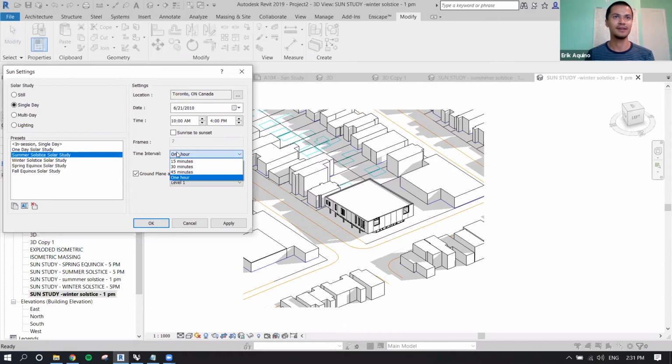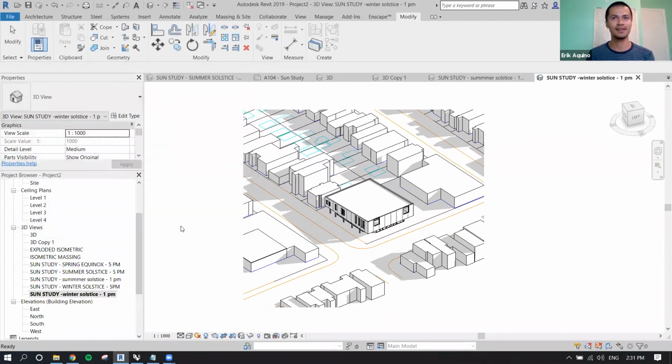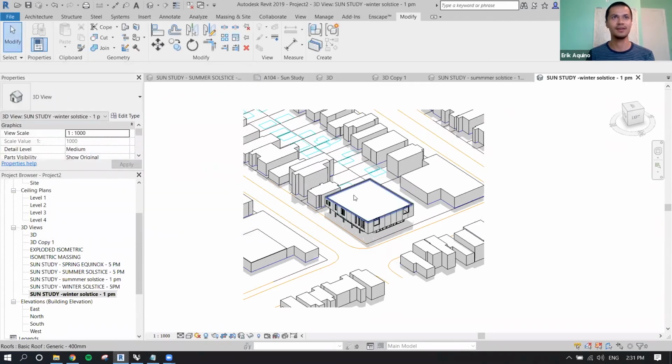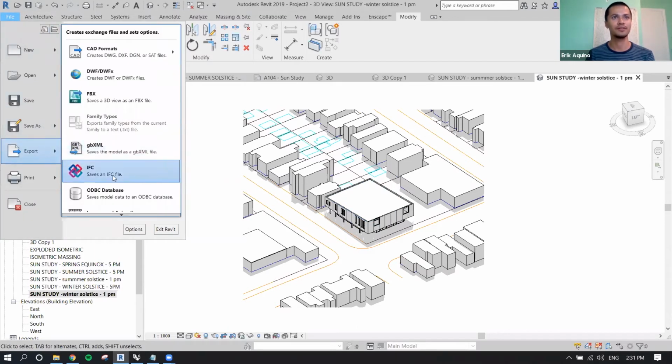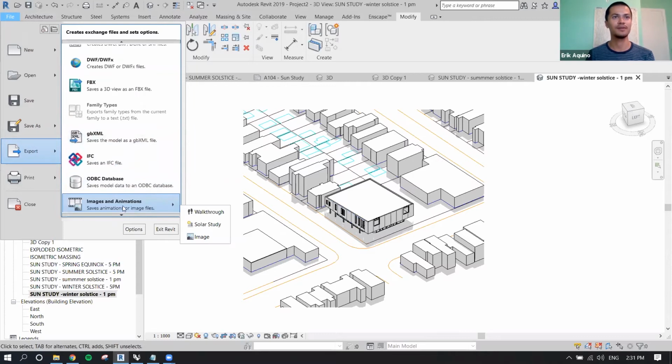And having longer intervals, like 1 hour, will make a shorter video. Having shorter intervals will make a longer video. And once that's set, you can head into File, Export, and just at the bottom where it says Images and Animation, it'll give you the dialog options to set